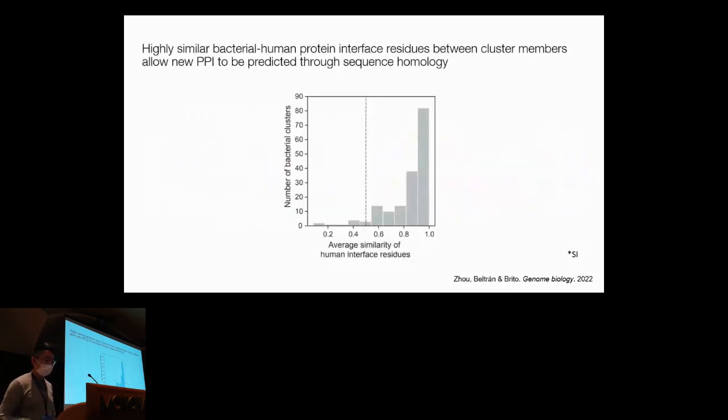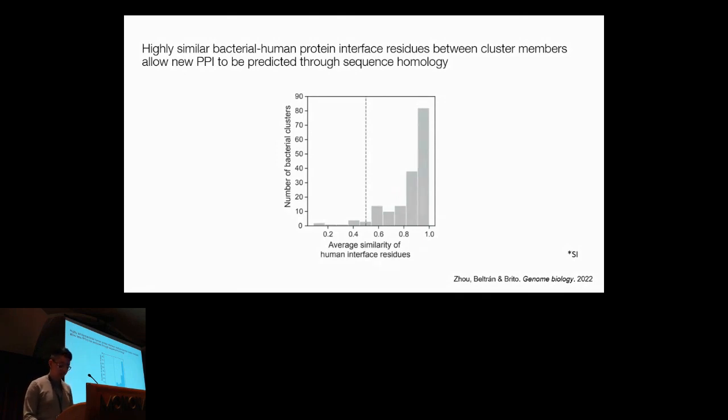To assess the conservation of interface residues across bacteria members of the same UniRef clusters, we downloaded all PDB structures which contain both human protein and bacterial proteins. The x-axis is the average similarity of human interface residues, and the y-axis is the number of bacteria clusters. We found highly similar bacteria-human protein interface residues between these cluster members,